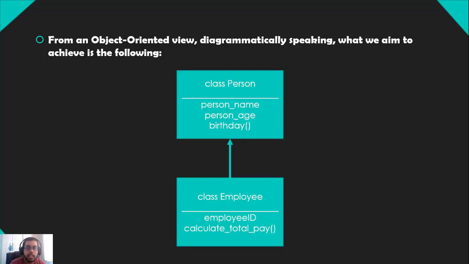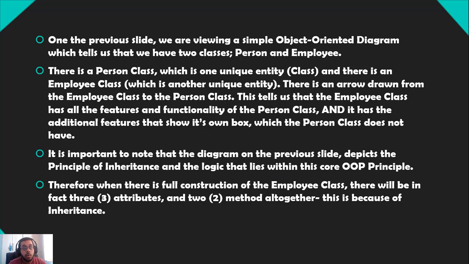From an object-oriented view, diagrammatically speaking, what we aim to achieve is the following. Class person: person name, person age, birthday. Class employee: employee ID, calculate total pay. On the previous slide, we are viewing a simple object-oriented diagram which tells us that we have two classes, person